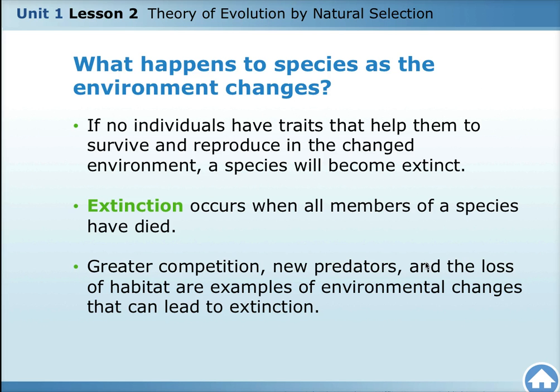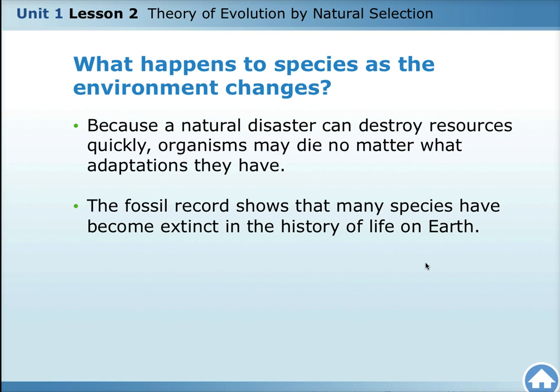Extinction occurs when all members of the species have died. Greater competition, new predators, and the loss of habitat are all examples of environmental changes that can lead to extinction. Because a natural disaster can destroy resources quickly, organisms may die no matter what adaptations they may have. The fossil record shows that many species